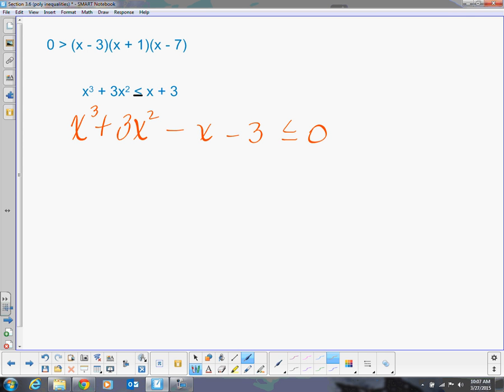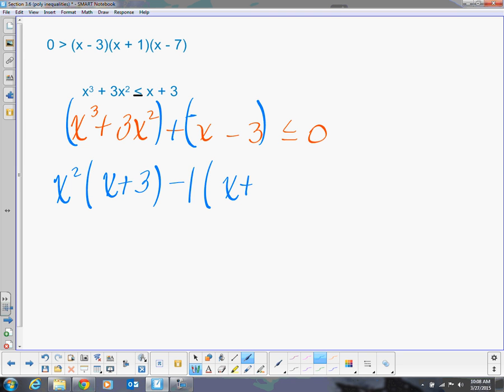So we've got x cubed plus 3x squared minus x minus 3 is less than or equal to 0. So what kind of factoring is this? Factor by grouping, so we have to make that a negative x. We group. Did you change the 3? No, because there were no parentheses. So we factor out x squared, leaving us with x plus 3. Then we factor out a negative 1, leaving us with